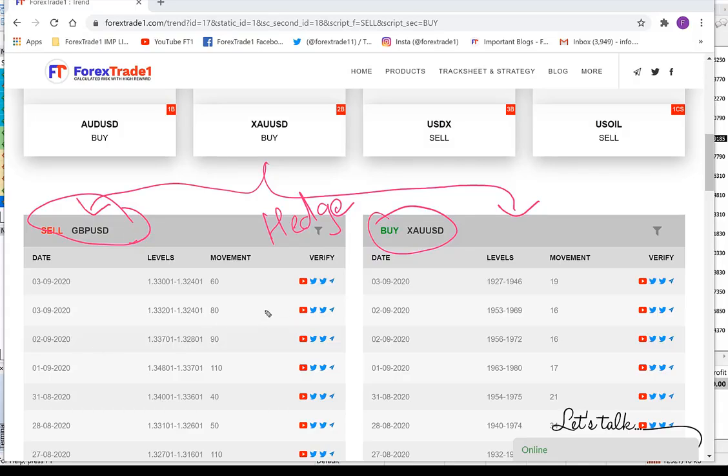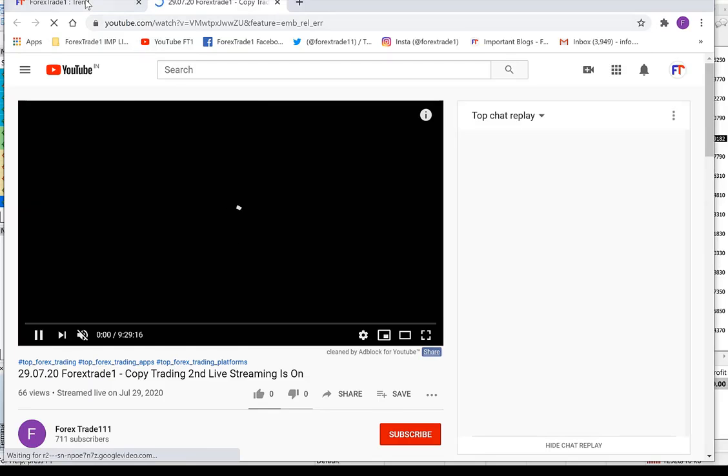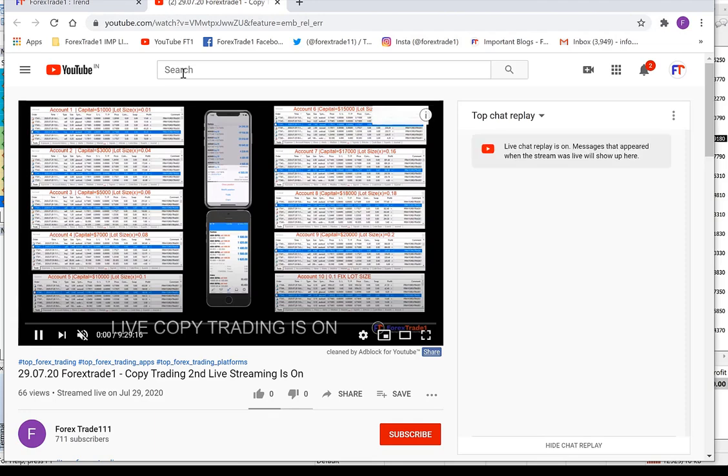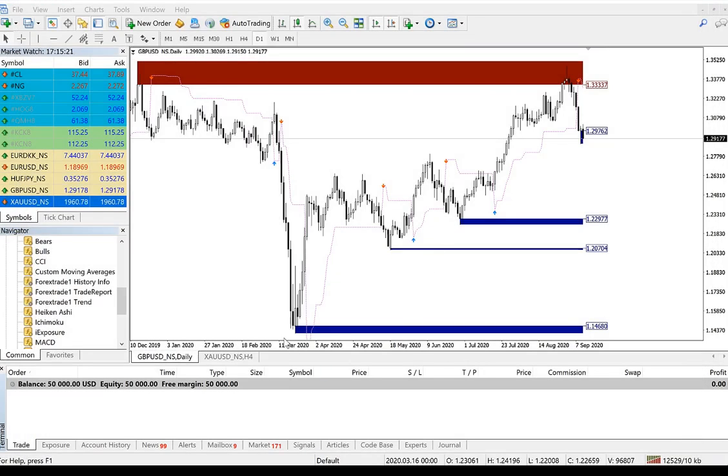So these are all the daily charts, which you can see here, how we have traded and how we have utilized these levels. You can see all this with Telegram proof, with Twitter link proof, with YouTube link proof. So if you click here, the video for the same day will appear here, and we will just, you can see here. Okay, now we'll close it for the time being.